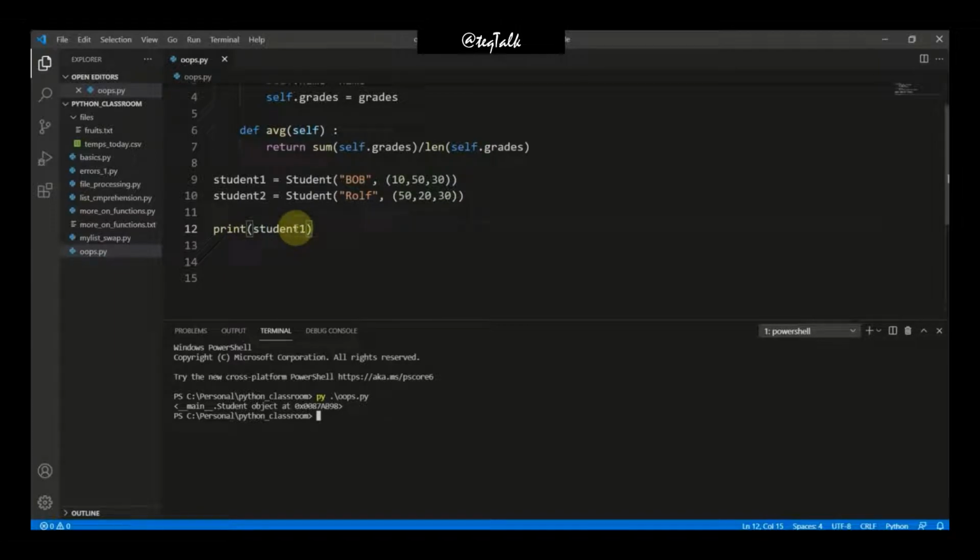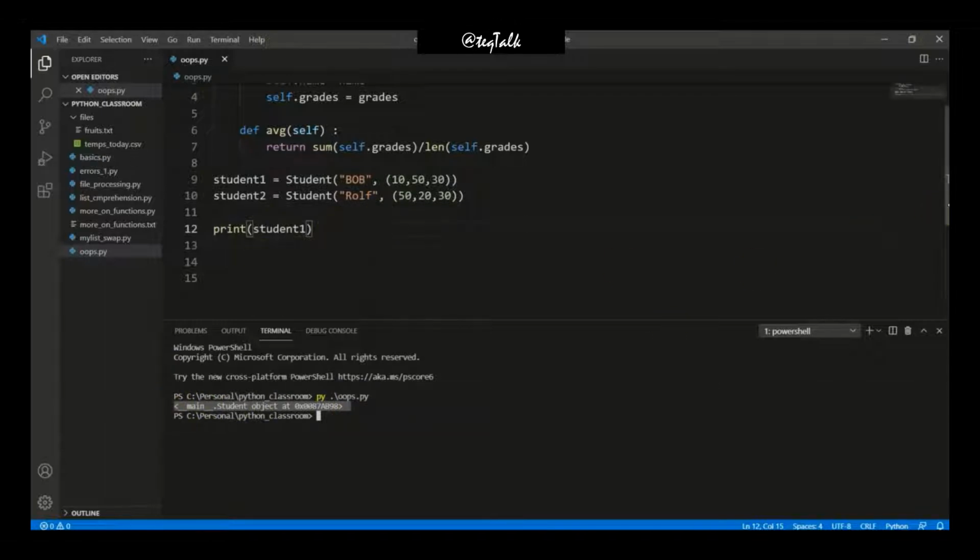That means whenever we are printing our object, this output we will receive like main underscore underscore main underscore underscore dot student object at a bunch of numerical thing here. So this string is actually not making any sense, right? Why so? Because whenever you are printing any object itself, Python understands that this object is internally represented by this string. So whenever you are printing this object, this string will be printed out.